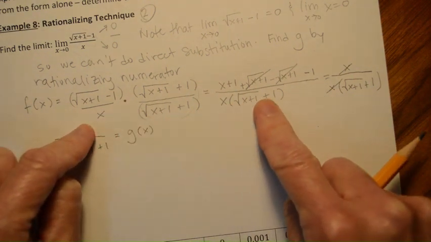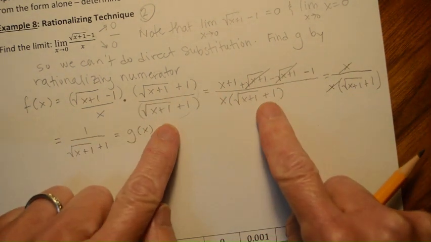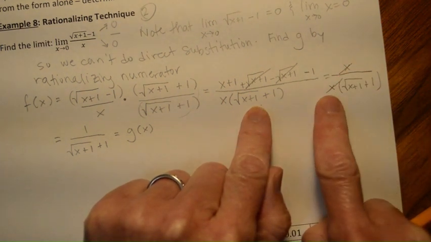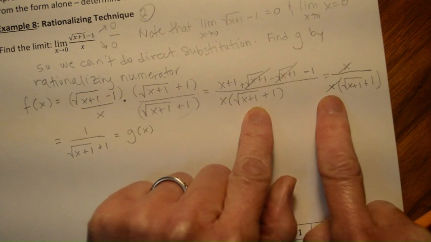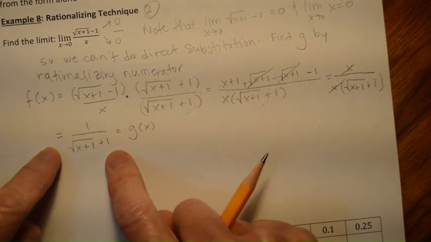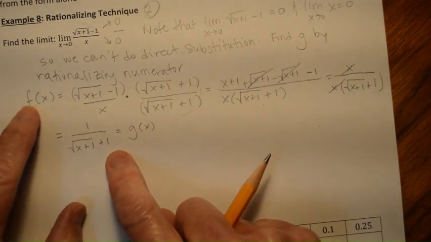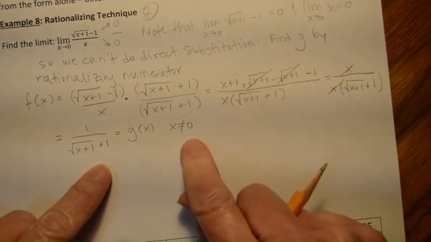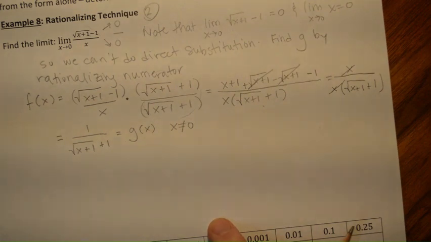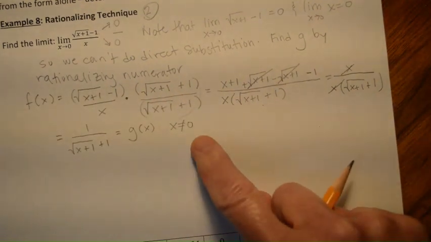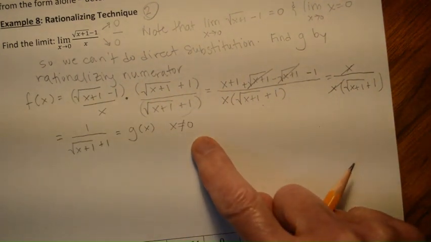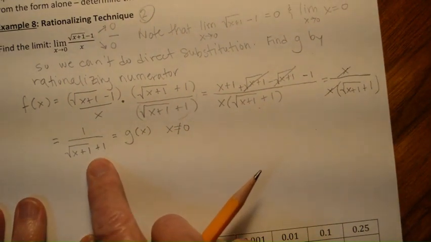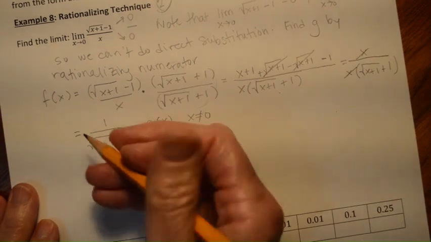And so these two are equal. This is equal everywhere except at that value we crossed out, which is going to be a problem at 0. And so this remaining function is exactly the same as f of x, except when x is 0. At x equals 0, these two are not equal to each other. So these two are equal except at x equals 0. All right, so now I have my function g of x that behaves like f of x. So now apply theorem